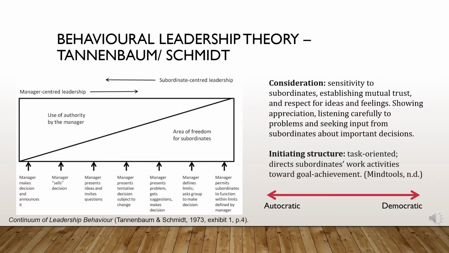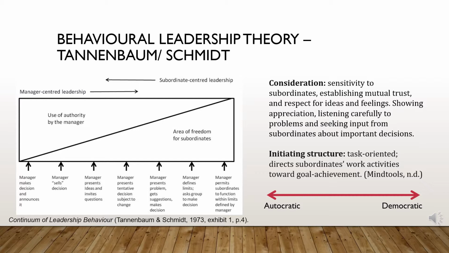The continuum of leadership behavior by Tannenbaum and Schmidt is more of a contingency theory of leadership that posits that the behavior of the leader should change on a continuum between autocratic style and democratic style, with consideration for situational circumstances and objectives. Like Blake and Mouton, Tannenbaum and Schmidt moved around 2 key leadership objectives: consideration, which is similar to the y-axis on Blake and Mouton's grid, and initiating structure, which would be similar to the x-axis of the managerial grid by Blake and Mouton.